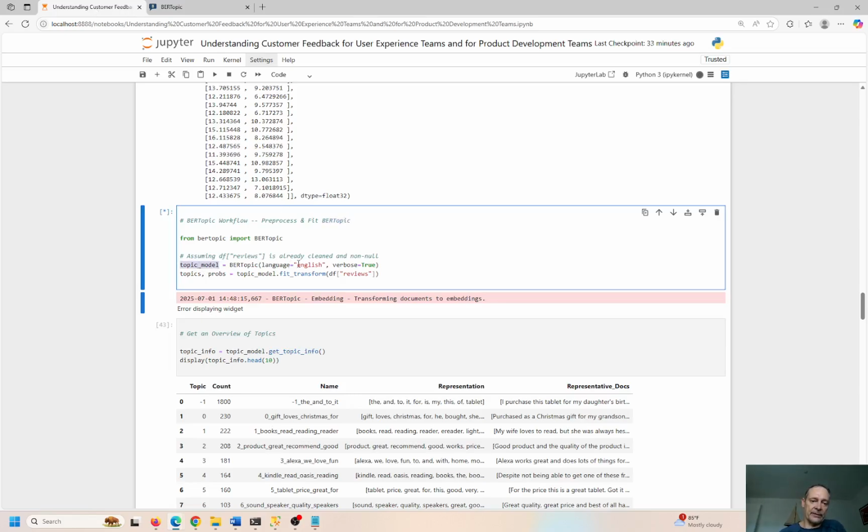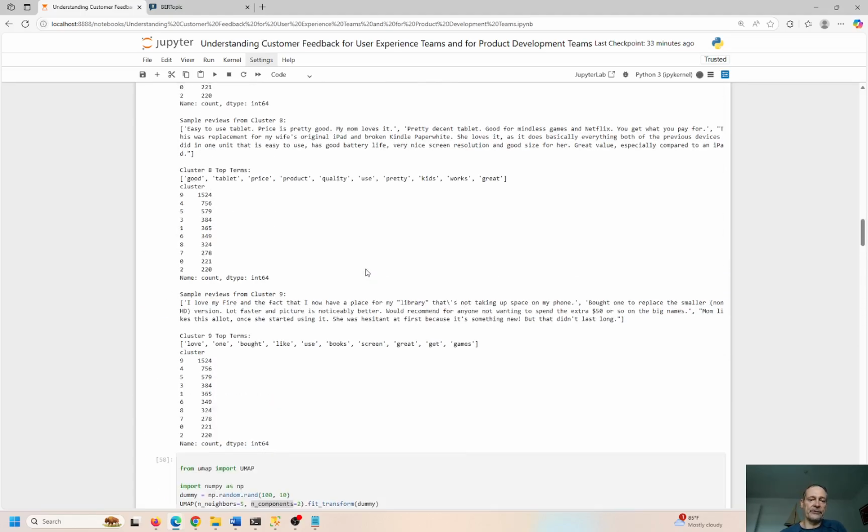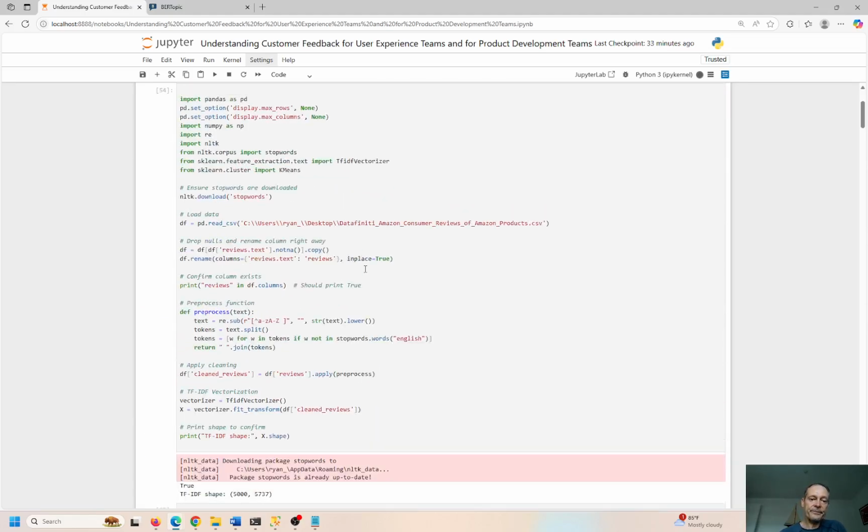We have the topic model and we're using the English language. There are different languages you can use, right? French, Spanish. We're using English words right here to tell the model which types of libraries we need to leverage, right? And we're looking at fitting the transform. Again, looking at this field in the data frame, this was called reviews. And as you recall from before, reviews is a cleaned up representation of